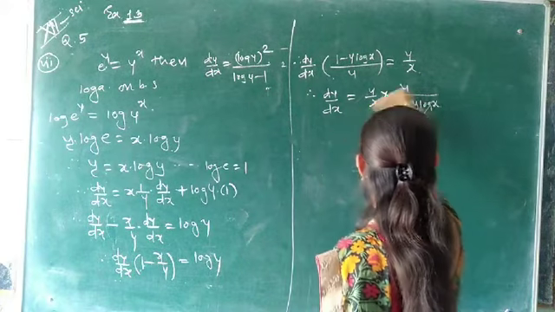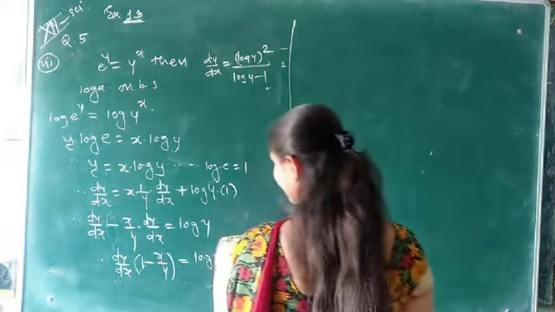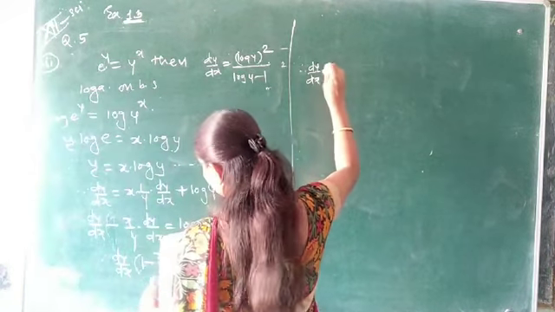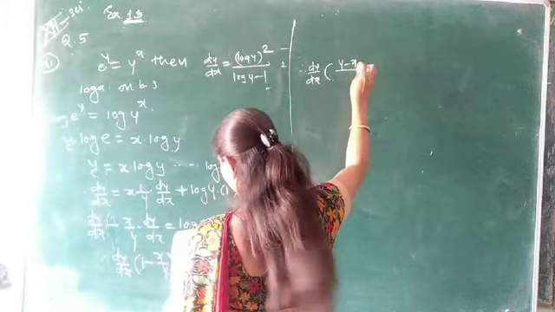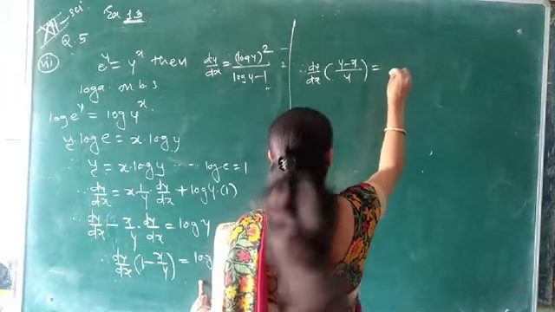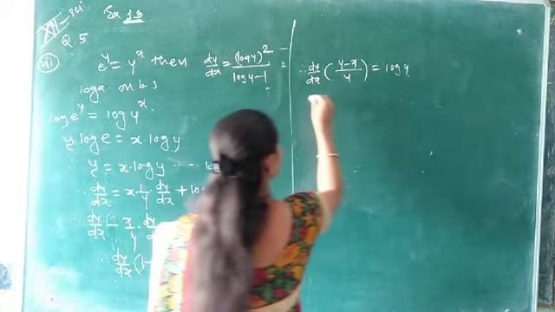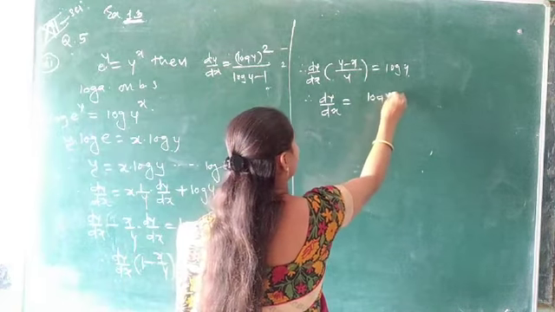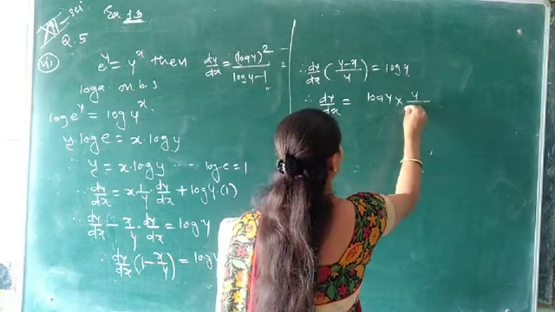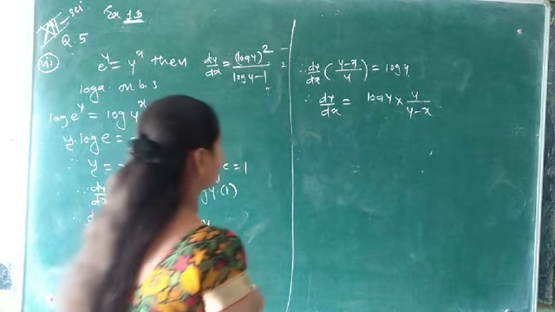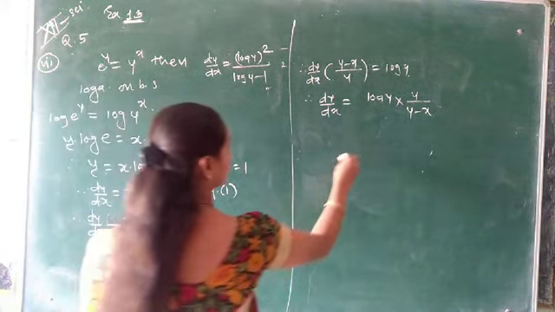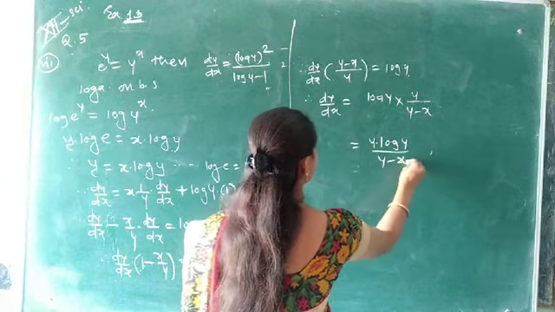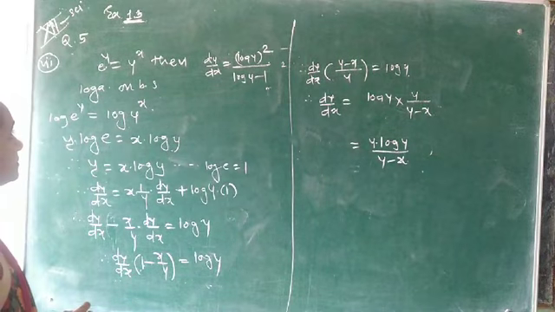Now simplify this. Therefore, dy upon dx in bracket 1 into y minus x divided by y is equal to log y. Therefore, dy upon dx is equal to log y into y upon y minus x. That is y into log y upon y minus x. And here we have to prove